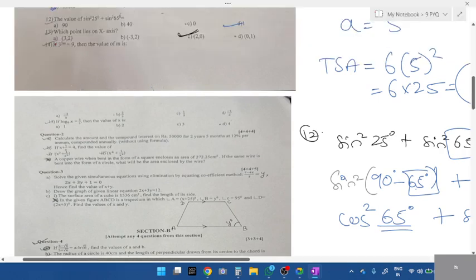Next. If 3 to the power of 3m is equal to 9, what is the value of m, students? Where is m, power or base? Power. So you have to make the base equal. I'll keep 3 to the power of 3m. What about 9? How do you convert 9? 3 and 3 get cancelled. 3m is equal to 2. m is equal to,